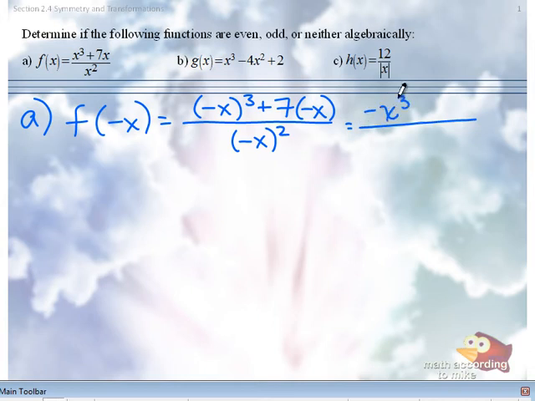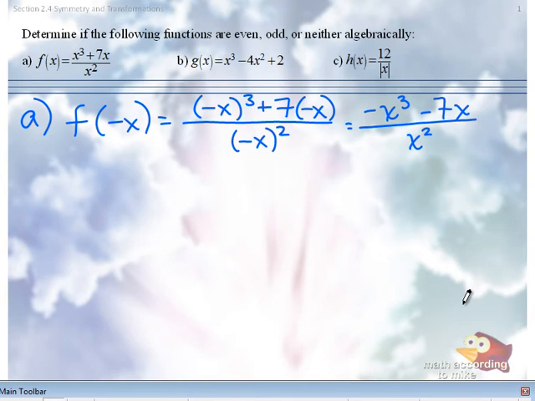What is positive 7 times negative x? Oh, I forgot my sum. It was over here. All over, what is negative x quantity squared? X squared. So now you ask yourself,